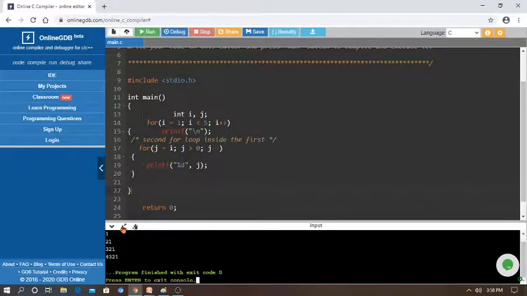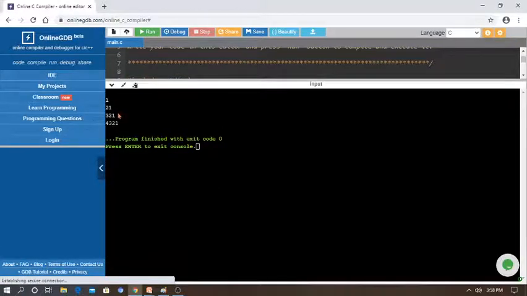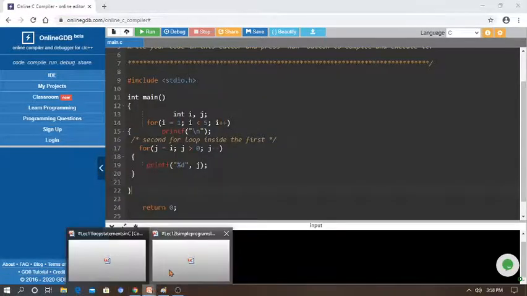So it's successfully executed. Half pyramid, what is the value? We are getting 1, then 2 1, followed by 3 2 1, and followed by 4 3 2 1. So we should be getting 5 rows, but the one row is not showing here; only 1, 2, 3, 4 rows are showing here. Let's go back to the PPT now.